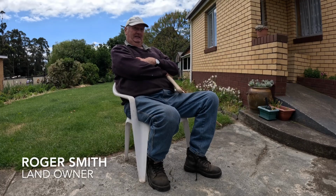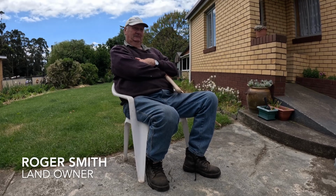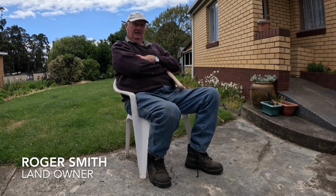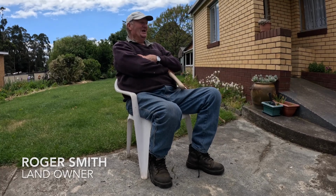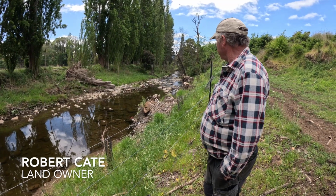It's definitely encouraging to see it being looked after, because it's been neglected for so long. It's been the best thing that's ever happened. You guys come along here and clean them up, and the trouble is, they never went far enough. You could have taken a few poplars as well. Yeah, before you went into it, like really,